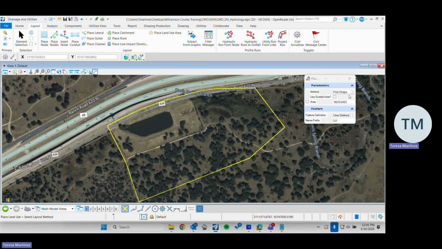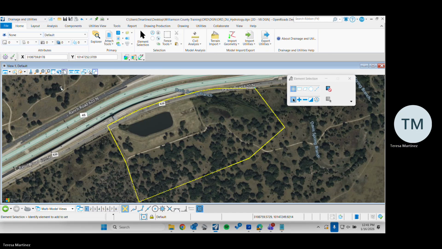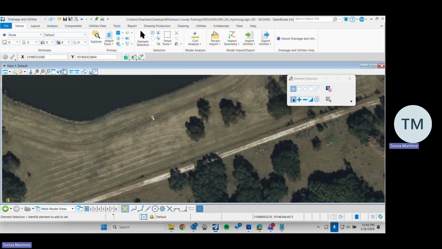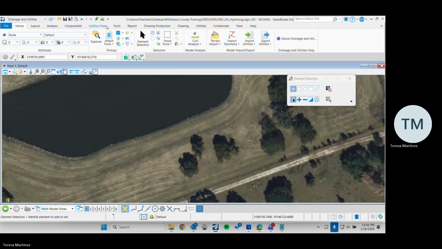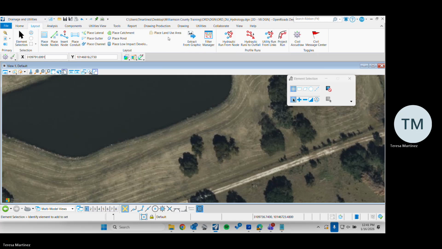And once again, you kind of have to, let's take a step back here, because you don't want to double count land use, right? So you don't want there to be, let's say, for example, in this area, you have grass,